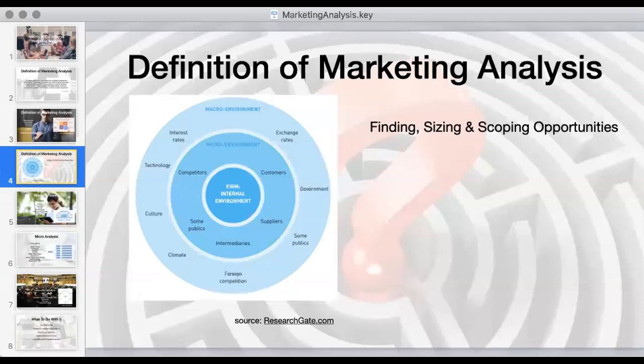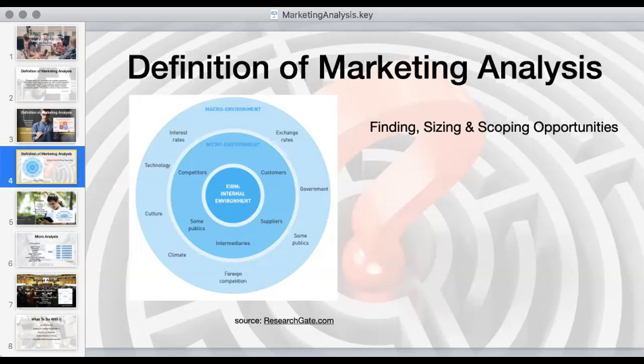And so what we're using this marketing analysis for is, in essence, three things, and we're going to draw these things together in just a moment. What we're trying to do here is to find, size, and scope the opportunity that we see in front of us. And if we do this really consciously, really openly, and actually really think about what we're seeing and not brush it under the carpet, not see an opportunity and blindly follow it, not ignore the threats, not think, oh, well, that will never happen. If we're really open and honest with ourselves over how we can serve this new world going forward, how we can respond to the opportunities and get a sense of reality around us,